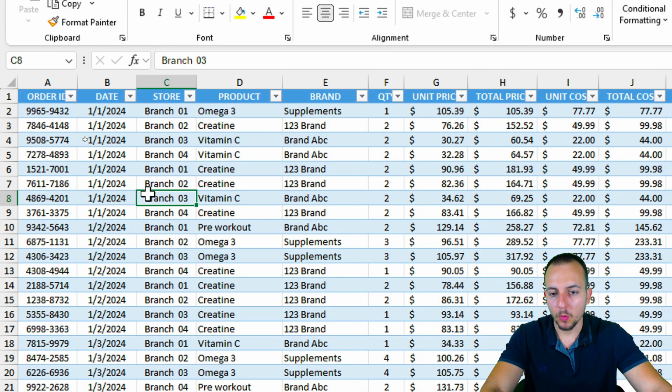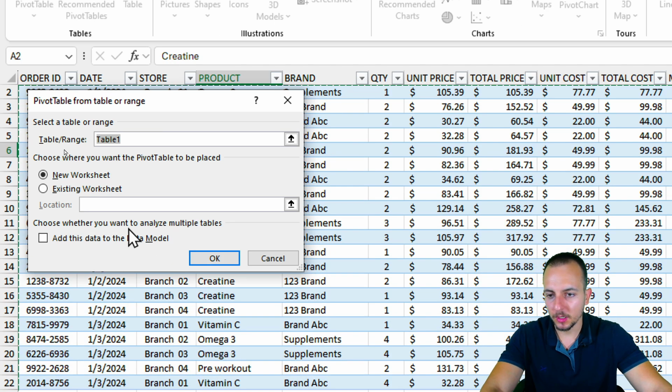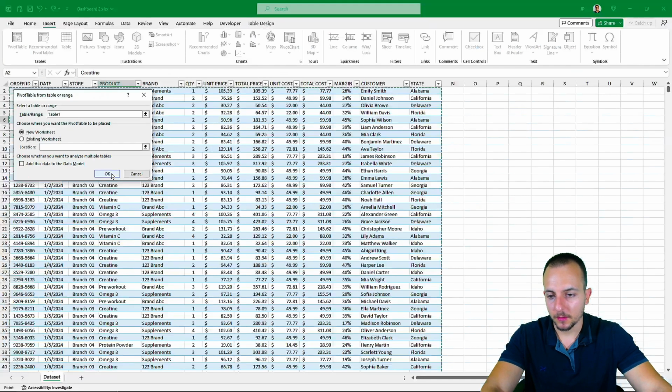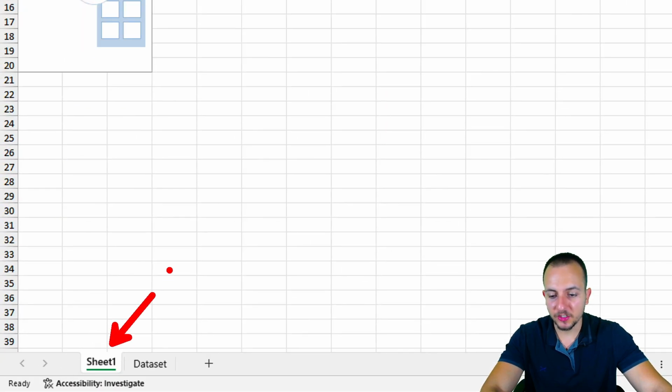You just need to click inside the data, and then you go to Insert and then Pivot Table. Just click here. With this new window that's going to pop up, you just need to click OK. And that's it. So now we have a new sheet, and in this sheet we have the pivot table, but I just want to make some changes here. I want to take this Sheet 1